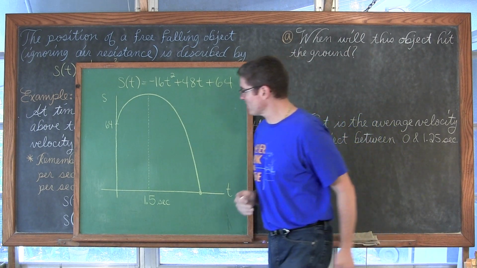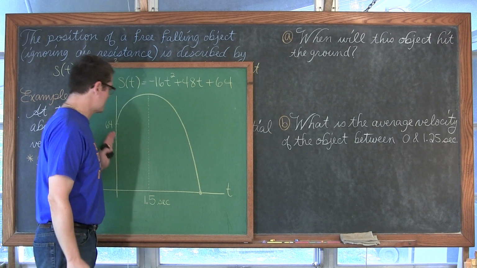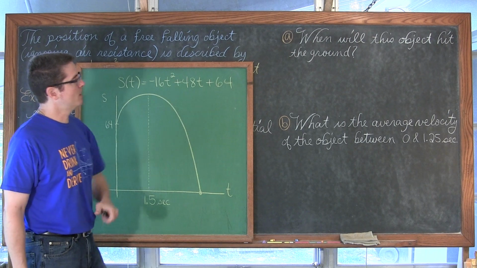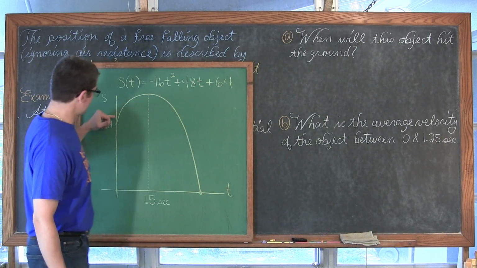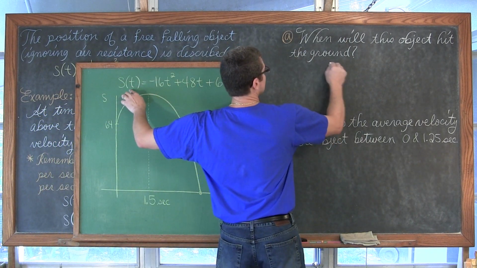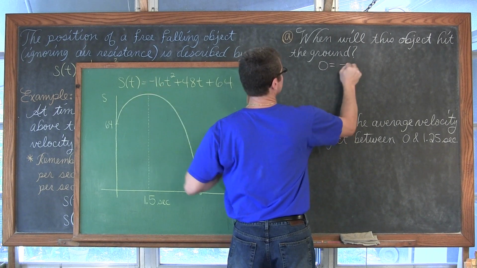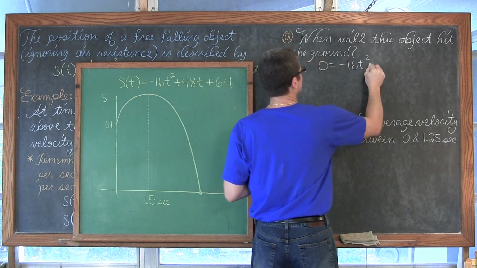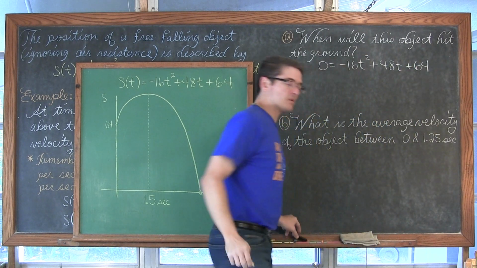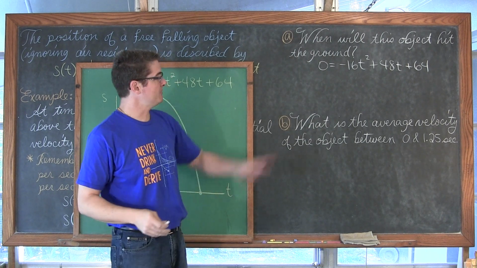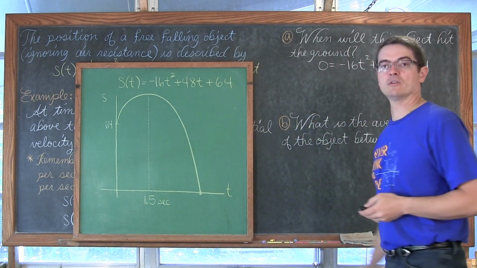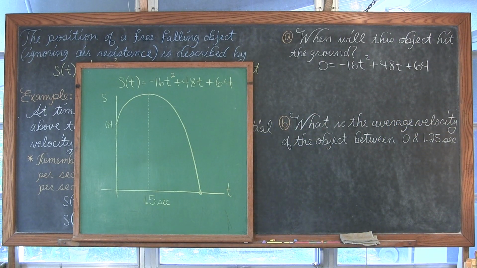So with our chalkboard here showing us our downward opening parabola, which is our position graph over time, we're going to find, well, if the object hits the ground, then its position is going to be 0, right? So we have 0 is equal to negative 16t squared plus 48t plus 64. And just to speed this up a little bit, I'm going to reveal this in small steps. You have to watch me write, but we're going to factor out the negative 16 and then continue factoring to solve this quadratic for 0.